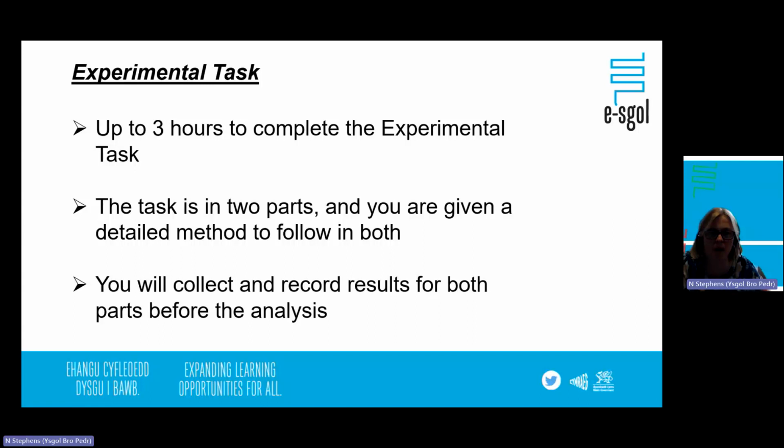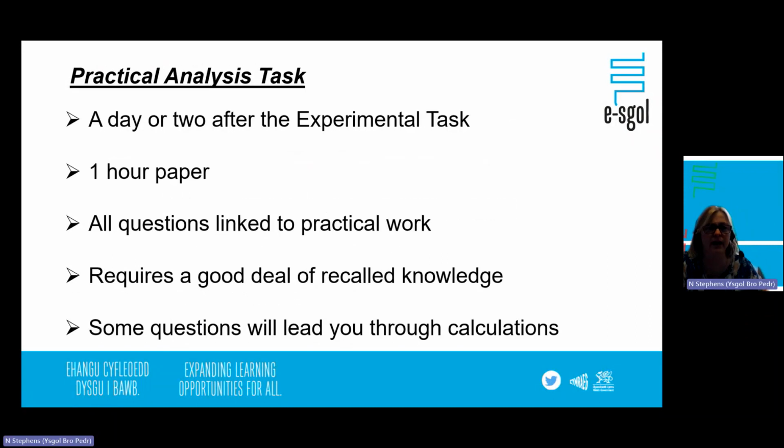It takes place in two parts. There will be two elements, two separate things to carry out, and you collect both the results before you then move on to the analysis part of that paper. And then 2 days later, or a day later in the case of some of you, you'll then face an